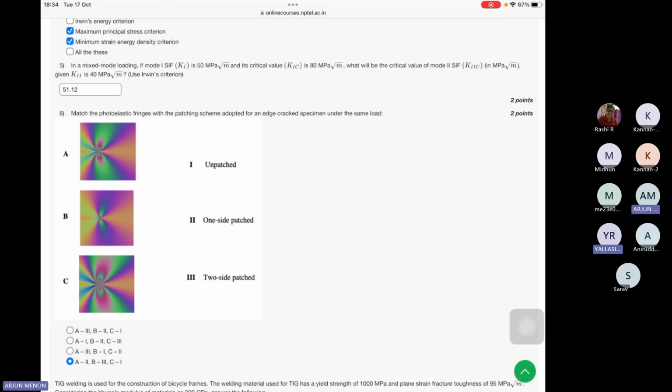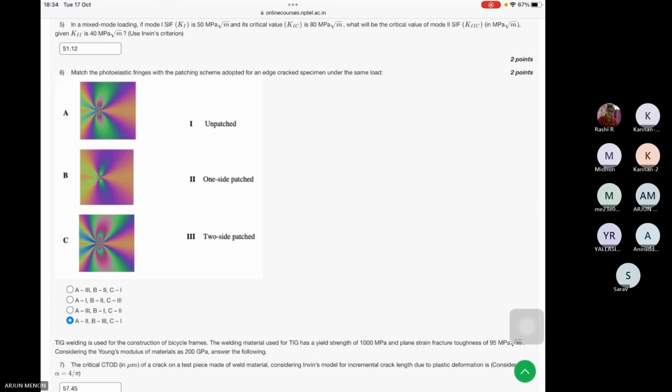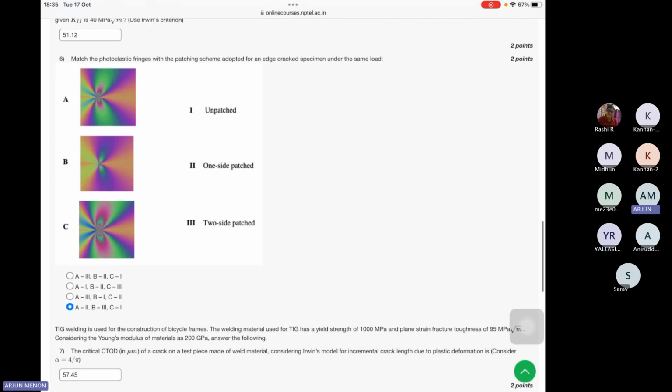Then for the sixth question, okay, you have put the answer. And then what about 7, 8, 9? Which CTOD formulas are you using here? In the seventh question, since they are asking for critical CTOD,